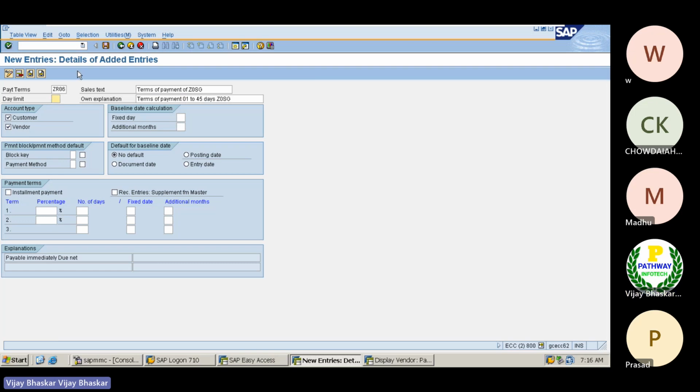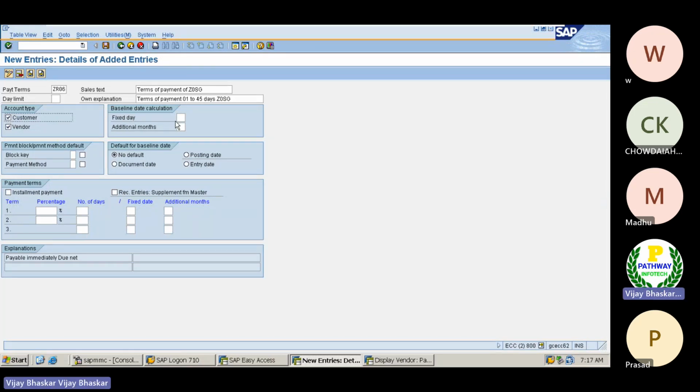If you select both options, it is applicable for vendors and customers. If you select only vendors, it can be used only for vendors and not for your customers. Let me select both options.